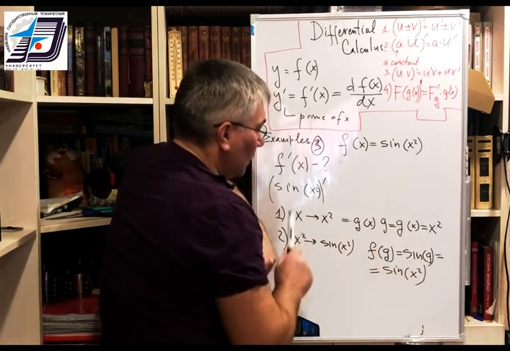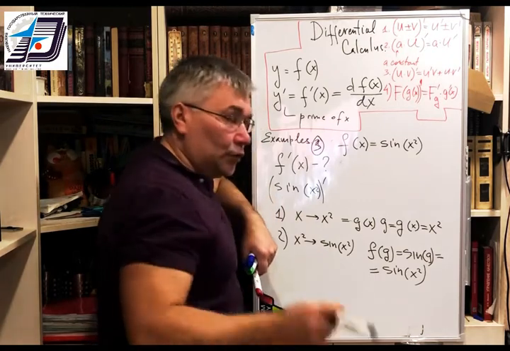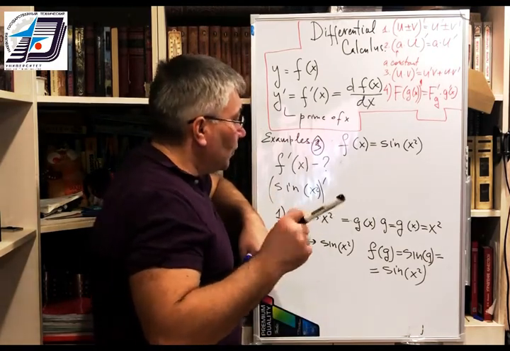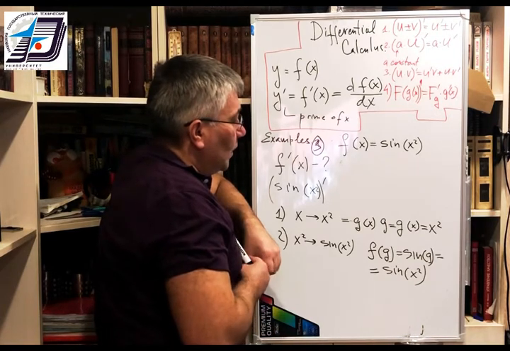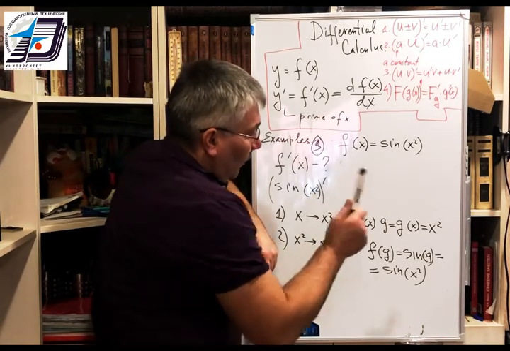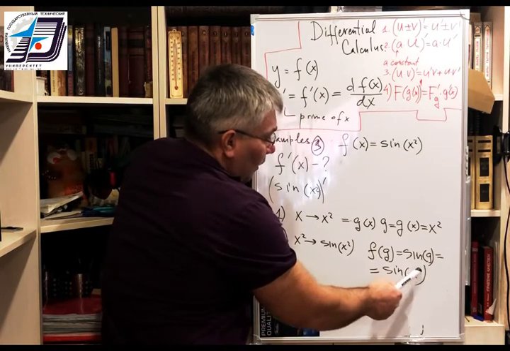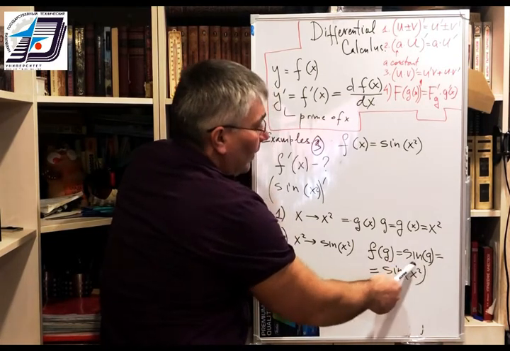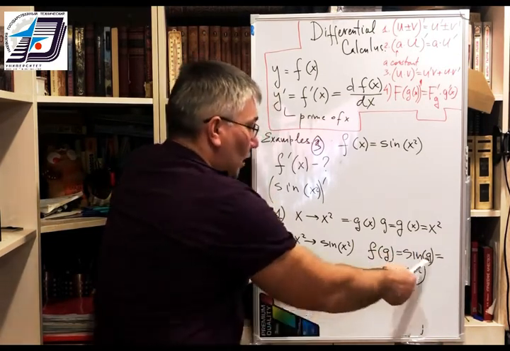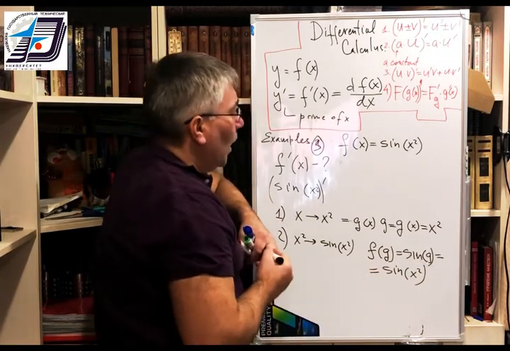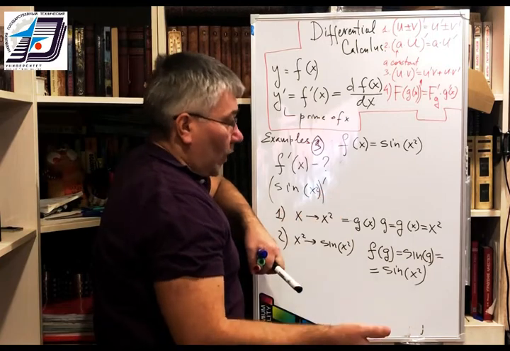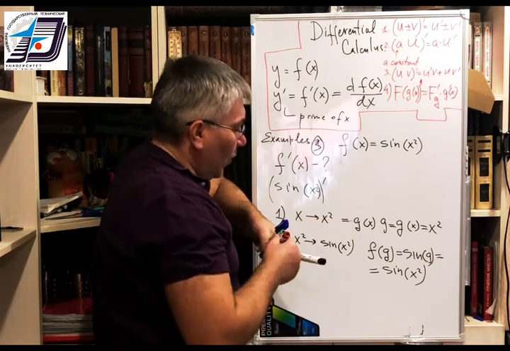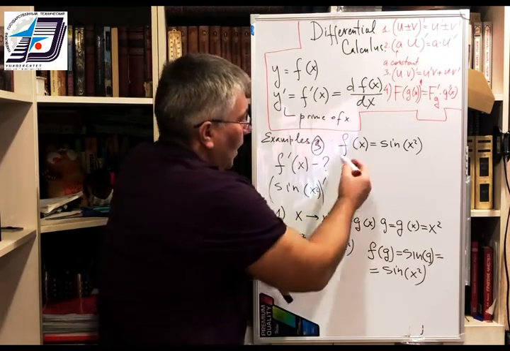One more thing I want to underline, I want to draw your attention to this circumstance. Firstly, we have to calculate x squared, and I denote it like g, and then we have to calculate the sine of this g. So we deal with the compound function,